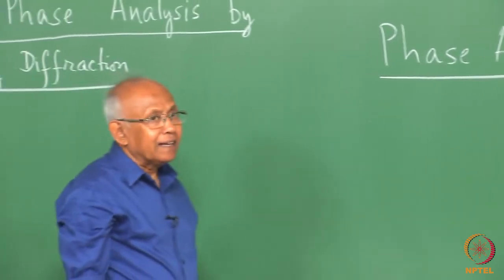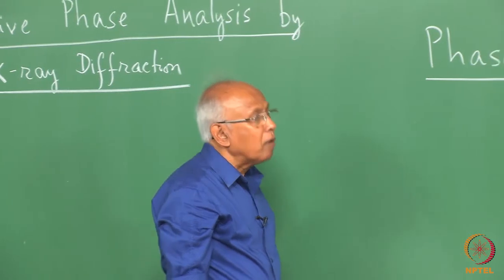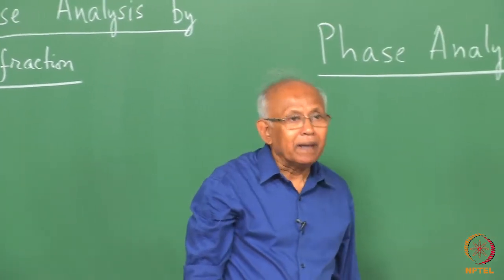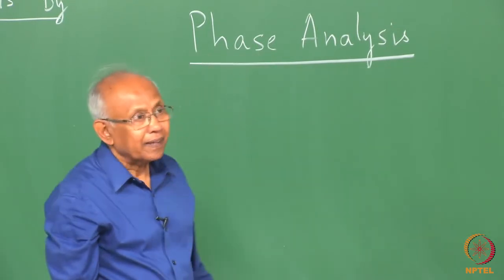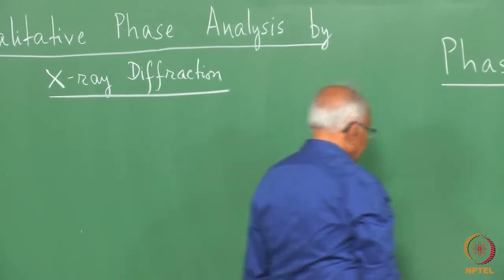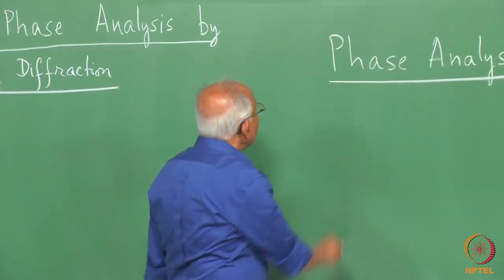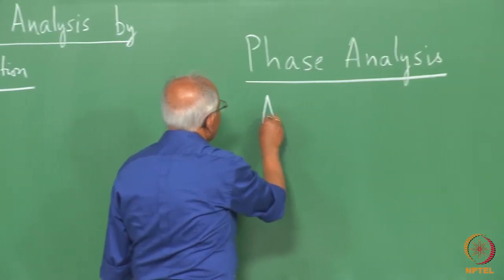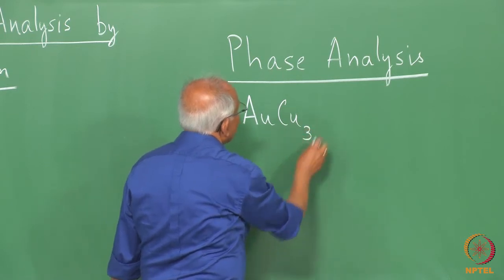Now, phase analysis is quite different from elemental chemical analysis. Say for example, if we have a compound say AuCu3 or